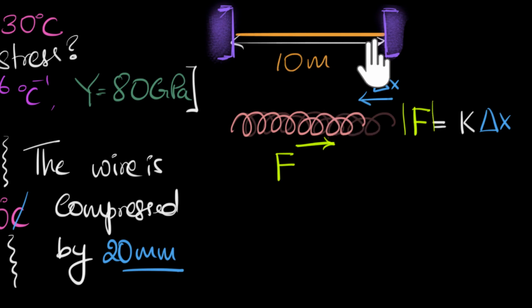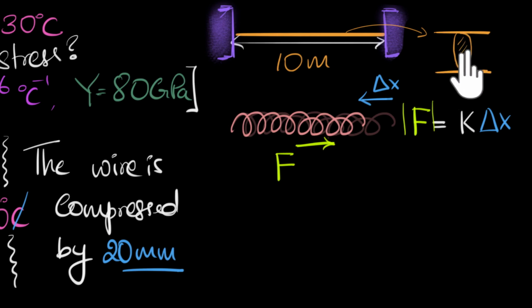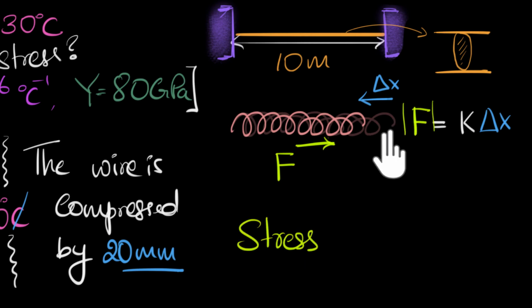Now, something very similar is going to happen over here. When this wire gets compressed, it tries to restore itself. And it does so by generating a restoring force within the wire. But we don't exactly talk about the restoring force here, but instead we talk about a quantity called restoring force per unit area. And when we say unit area, I mean the cross-sectional area. So if you were to zoom in, you can think of this wire as some kind of a cylinder, and so it has some cross-sectional area. And so if you take the restoring force, divide by the cross-sectional area, that's what's important for us. That quantity is what we call stress. So stress is very closely related to the restoring force in a spring.